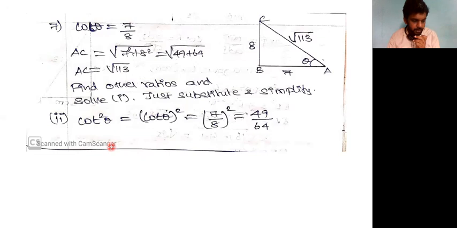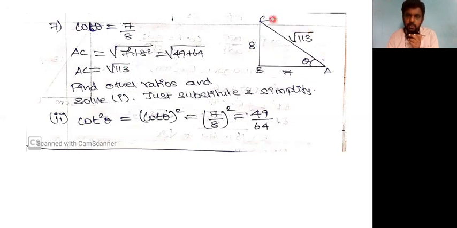So first subdivision, we have to find sine theta and cos theta. So for that, we have to draw the diagram. First draw a right angled triangle. We know that cot theta is equal to adjacent divided by opposite. So let this angle be theta. Adjacent is this one, 7, divided by opposite, which is 8. So 7 and 8 are given like this. So we have to find the hypotenuse.